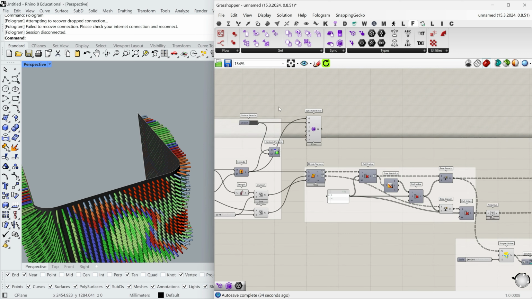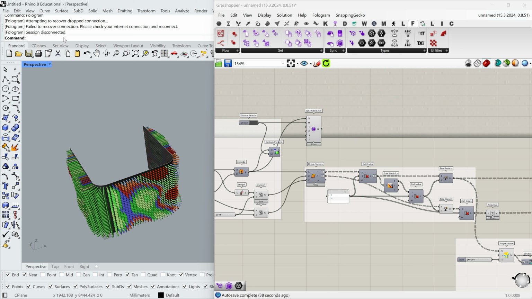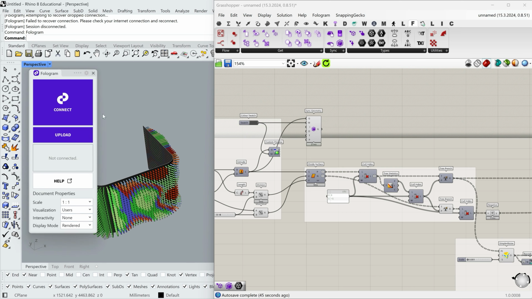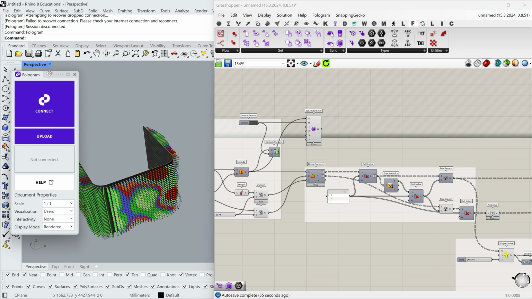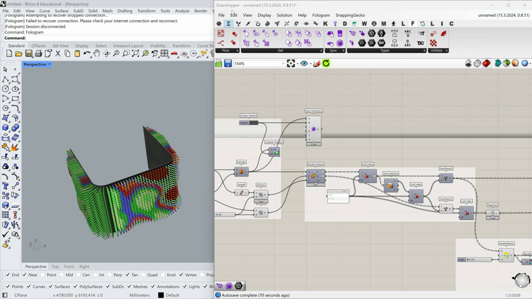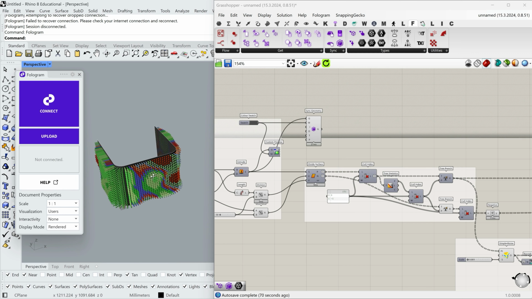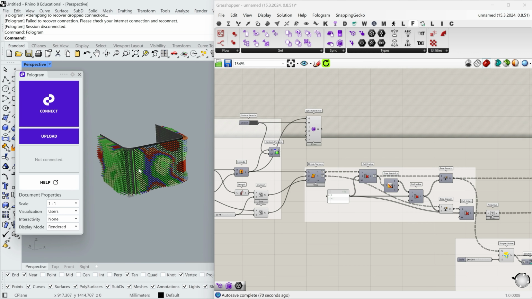At this stage, you can already use Hologram with these components we just did. So let's go to the command prompt and type Hologram. The pop-up window will appear, and all we need to do is press connect, turn on the Hologram on your phone, and scan the QR code. And you'll be able to place this geometry right in the real world. But there is a small problem: you won't be able to control its position. It will not be precise and probably the scale of it might vary.